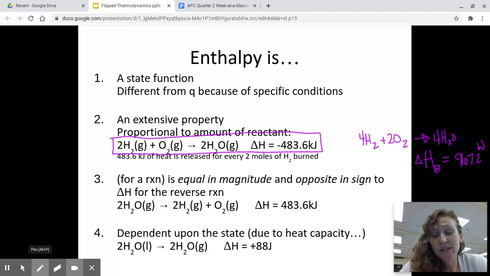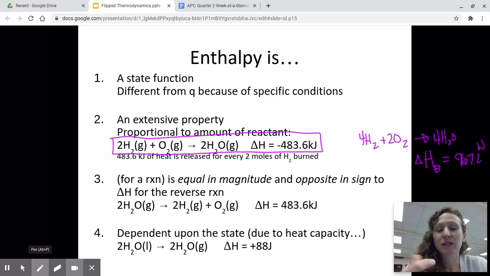Okay, all I did was double the coefficients, right? But that doubles the amount that I'm dealing with, and therefore it's going to double the total amount of enthalpy. So you have to be careful with this, whether they deliver enthalpy to you per reaction or they deliver enthalpy to you in a ratio, because that's going to matter how you deal with it. Okay, number 3,